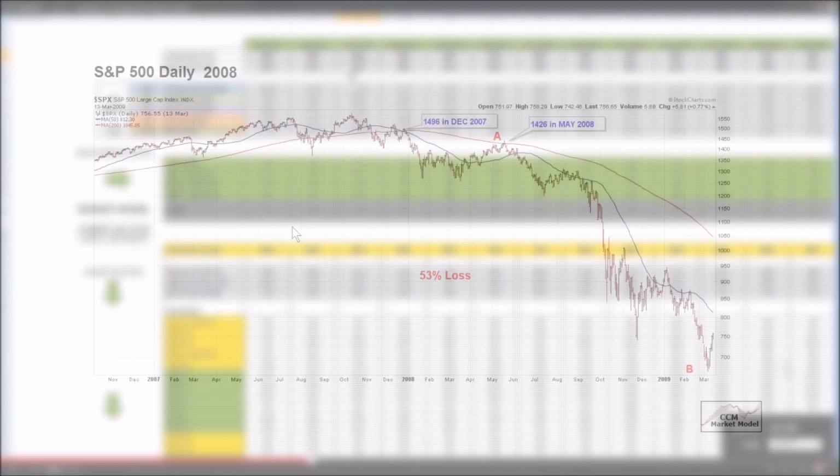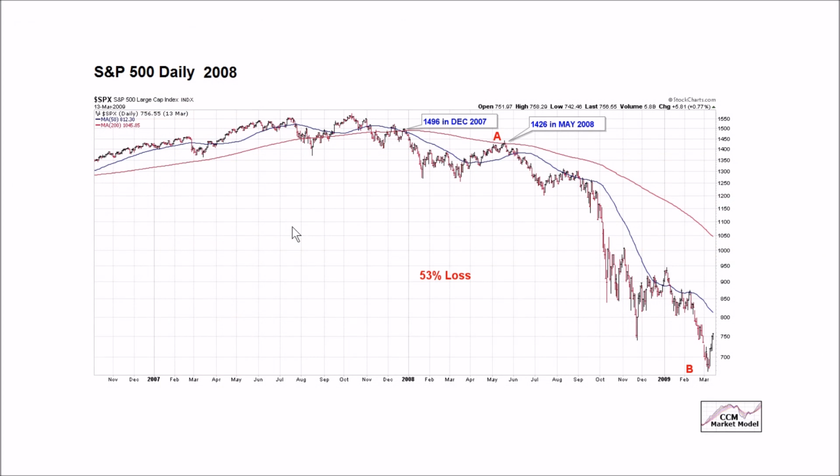This is a daily chart of the S&P 500 in 2008. We'll cover it, then we'll tie 2015 to the concepts in this chart. The 50-day moving average in blue helps us discern the intermediate term trend. The 200-day moving average in red is used to discern and keep track of the longer trend. Both of them help us smooth out some of this volatility and focus on the trends.